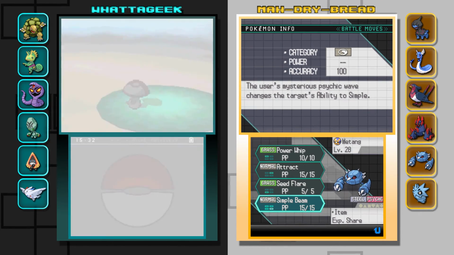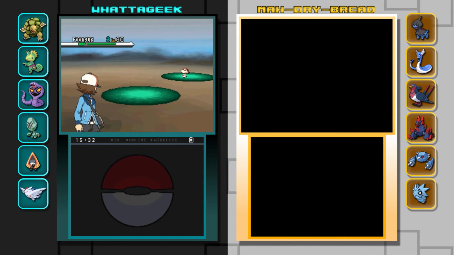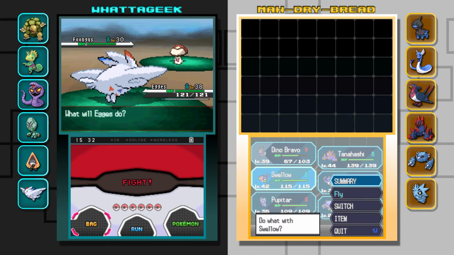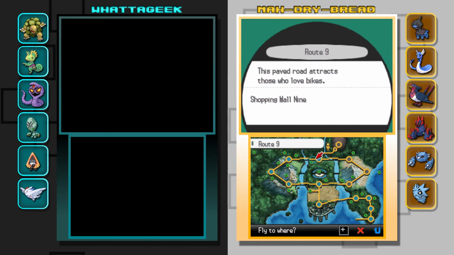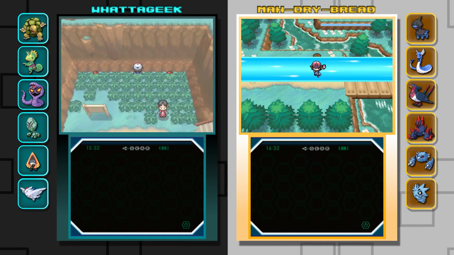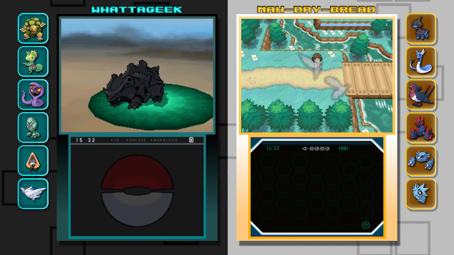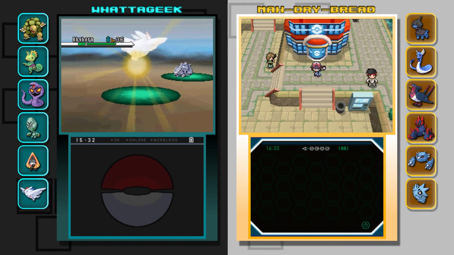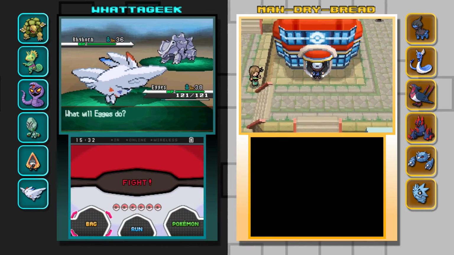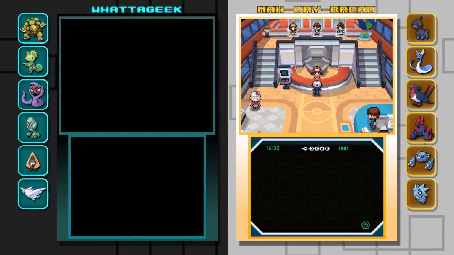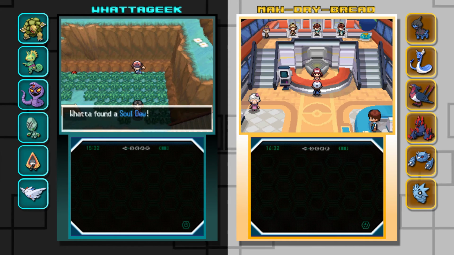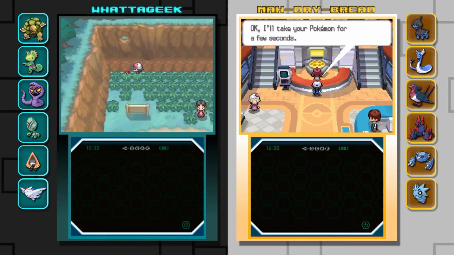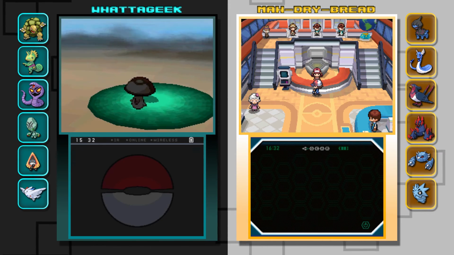I wonder if we will still have to catch Zekrom and Reshiram in this one, or if they are going to be randomized. Because I'm wondering if there is a requirement by the game's coding to make sure that it is Zekrom or Reshiram that we have to fight. They're probably going to randomize the end battle to change it into a different legendary. But I wonder if it's guaranteed to be the story legendary. I get the feeling it's going to be randomized, so we're going to run into a giant dragon, and then we get into the battle with it, and it's Celebi. I was literally going to say Celebi too, so. Ah, weird.